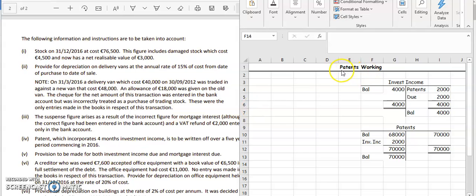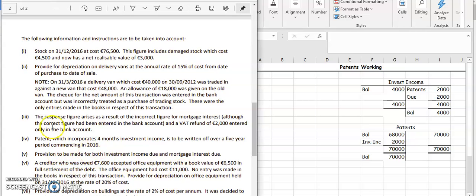Okay, so let's have a look at how to do the adjustment for patents working using the 2017 sole trader M. Mullen account. It tells us a patent which incorporates 4 months investment income. So it's telling us that 4 months investment income is included in the patent figure, so we need to get rid of that first. And it's to be written off over a 5-year period